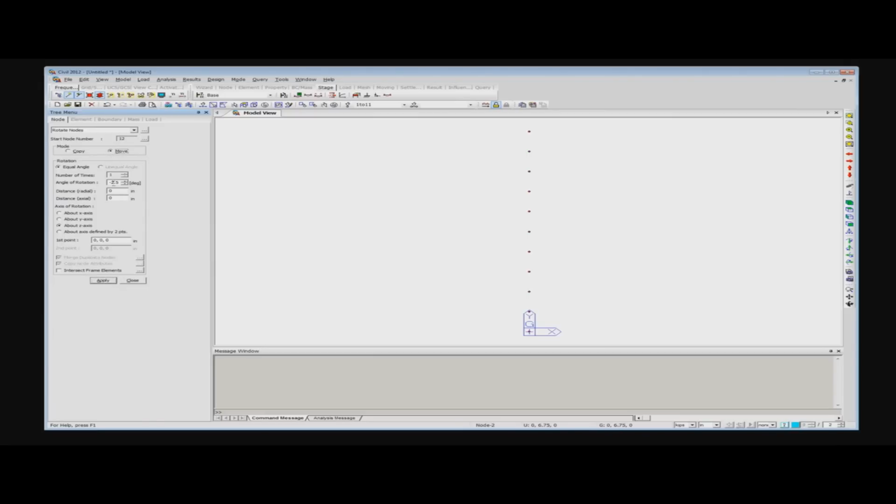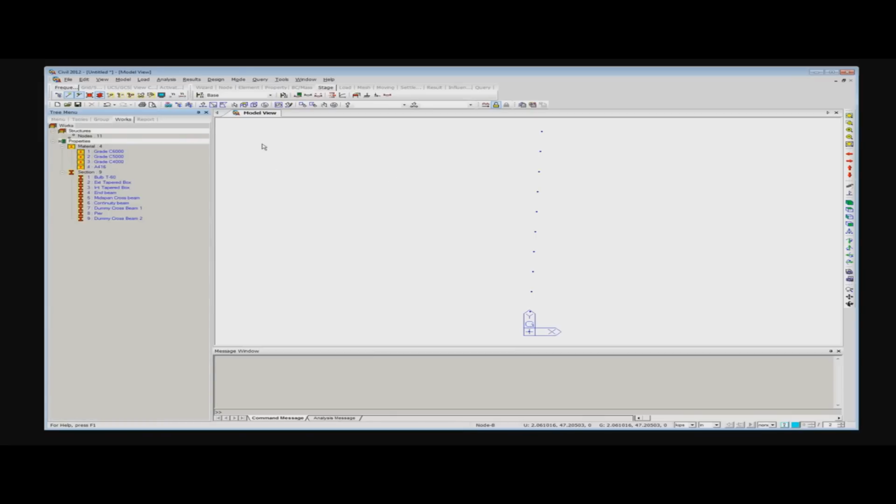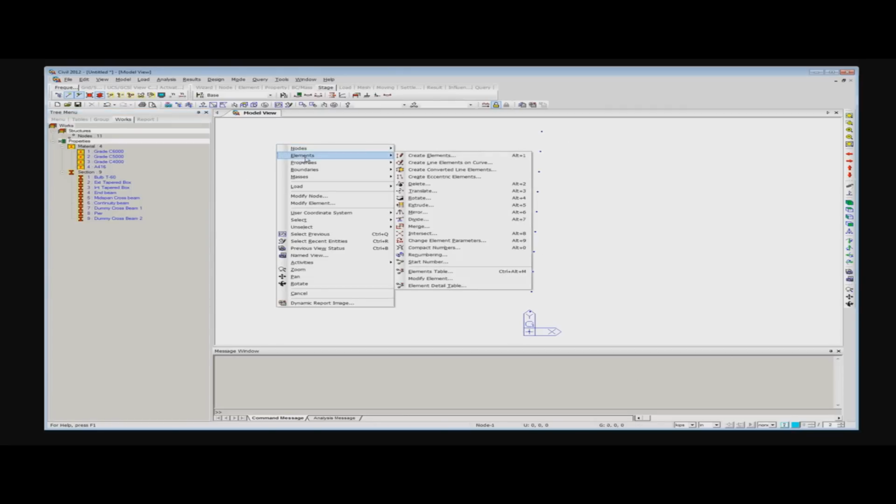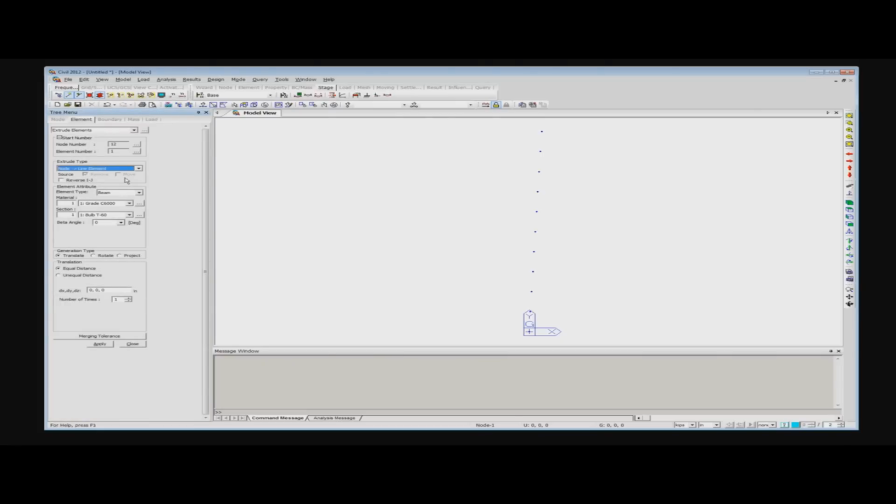And before that, we can copy or move, apply, and you see that it's rotated. Okay, the next step is going to generate these elements. So right click, go to the element, and then extrude. This extrude gives me an option to create elements from nodes. So it's very simple. We can select our material, and for now I'm selecting this dummy beam because it doesn't